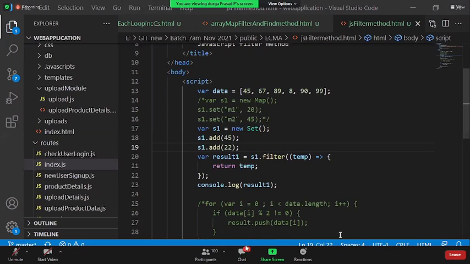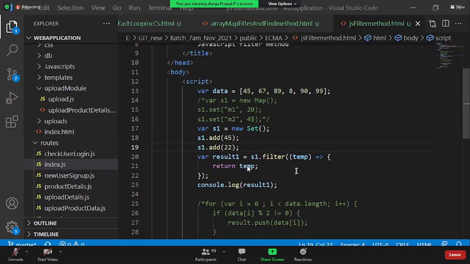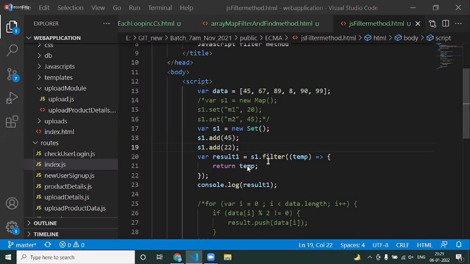Amna, are you clear now? You asked this question, right? Actually, we are placing the if condition in filter in this example. Can't we place the same if condition in the previous map to extract even numbers like this requirement? Okay, you are saying the map method on top of the array, not the map data structure. Within the same map method. Yes, sir, I'm talking about within the implicit callback function. Yeah, I got your point, Amna.